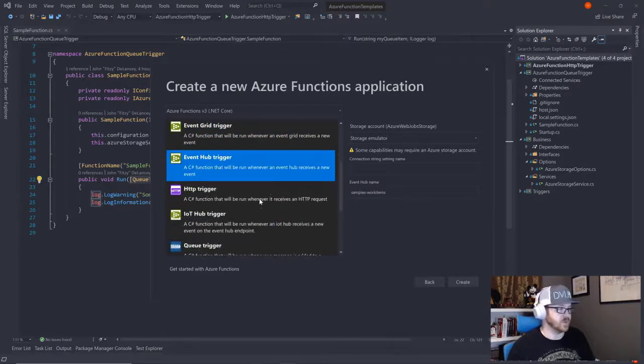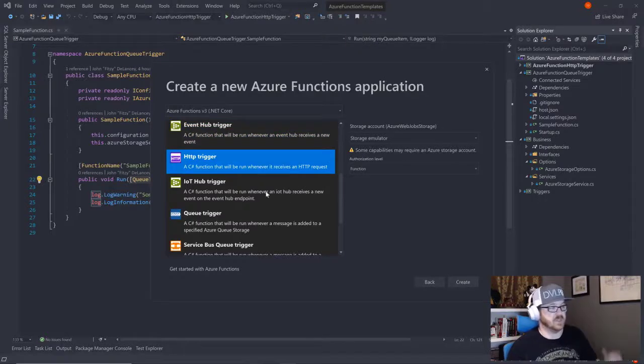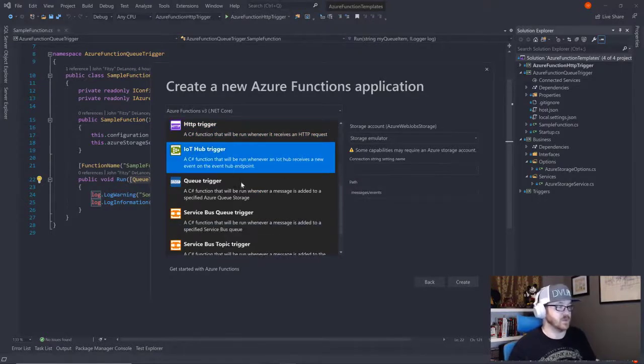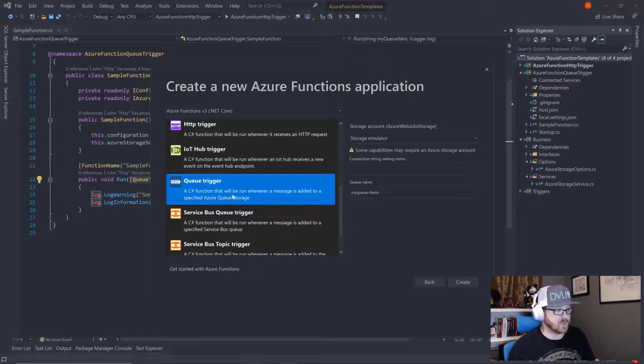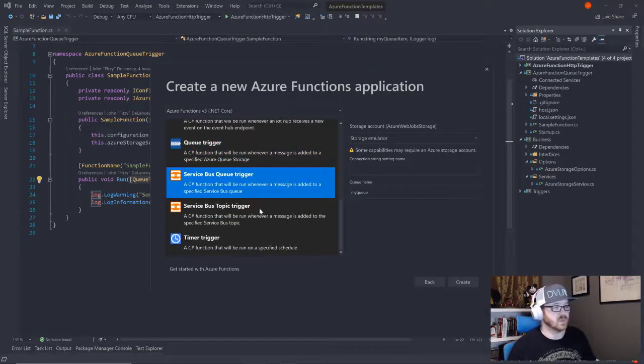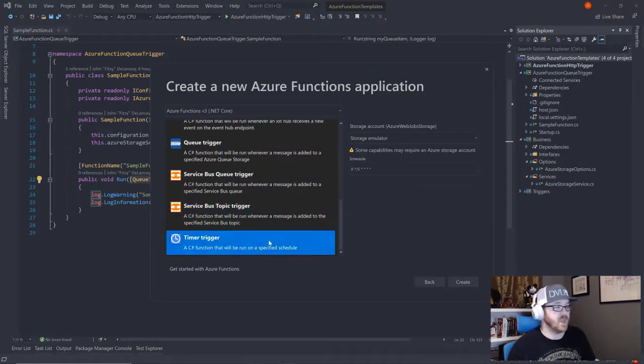I don't know what event grids or event hubs are, but you can do that. We've already looked at the HTTP trigger. You can do IoT devices. You can do queues, which we're looking at now. You can do service bus stuff, which again, I have no idea. And then this is one of the really cool ones that I'm going to make a lot of use of,